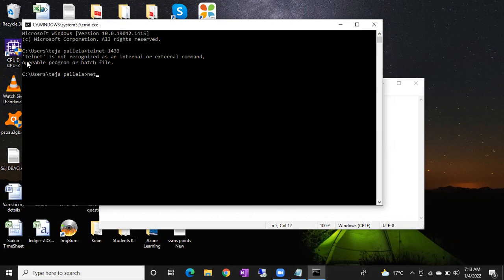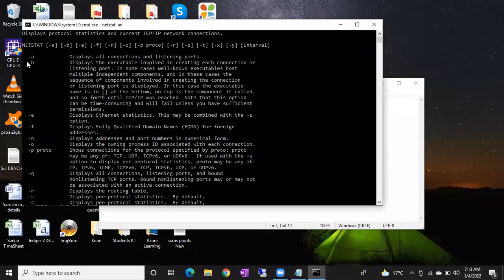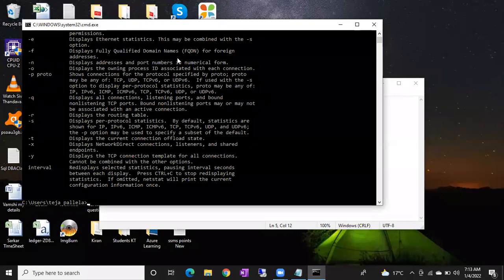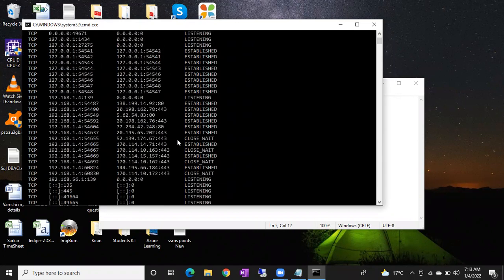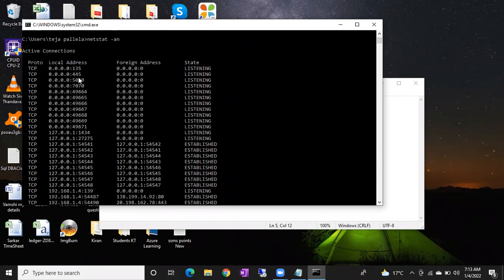Someone already mentioned netstat -an. Let me go and check. If you see here, each port number you can see.